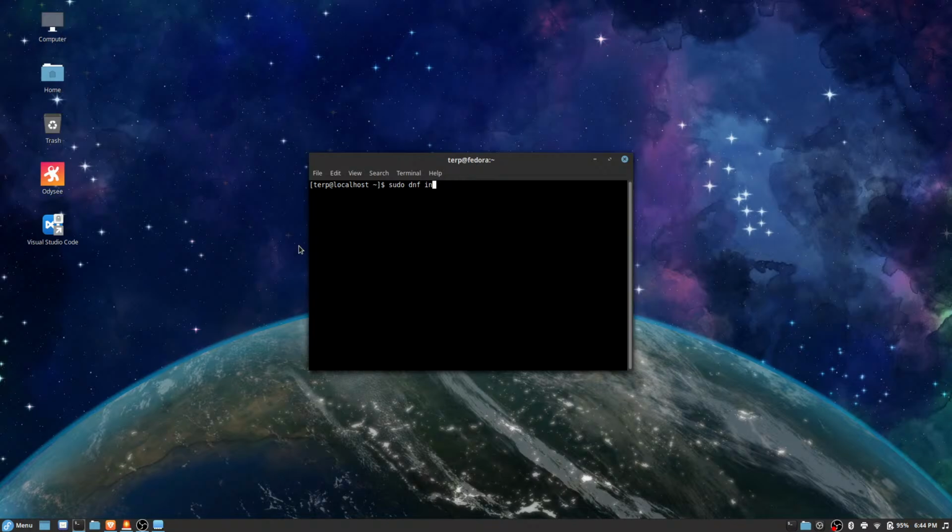So sudo, and in Fedora you use DNF, and Ubuntu is apt, just apt. Older Ubuntu has apt-get, but in the newer ones it's just apt. Same thing with Linux Mint. OpenSUSE, which is another Linux distro, is Yum.